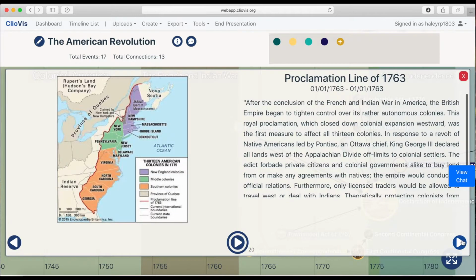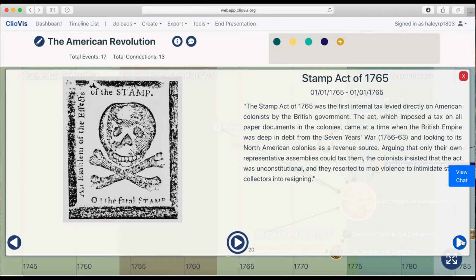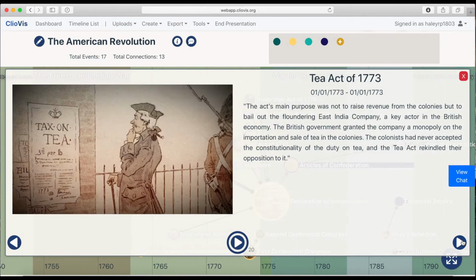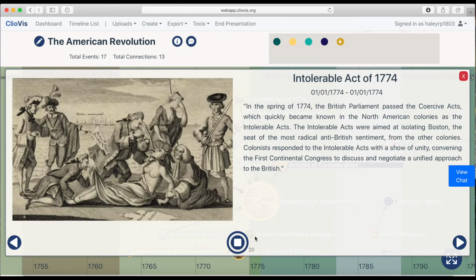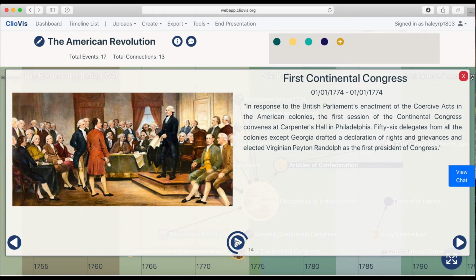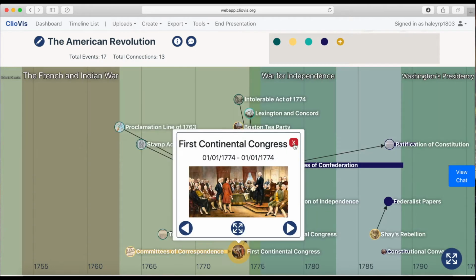Here, you can click through your events at your own pace, or you can set the 20-second timer to let the clips play automatically. When you're all done with your presentation, just click out of each window and then select End Presentation at the